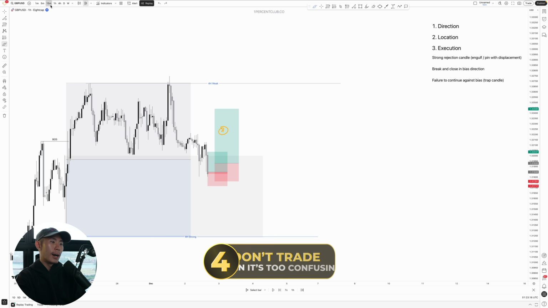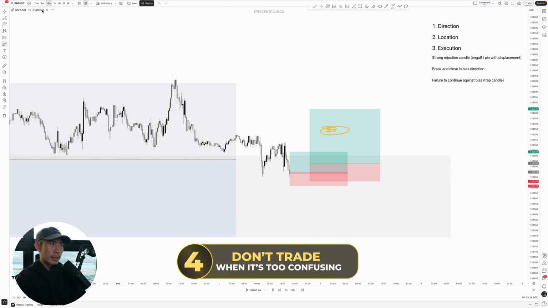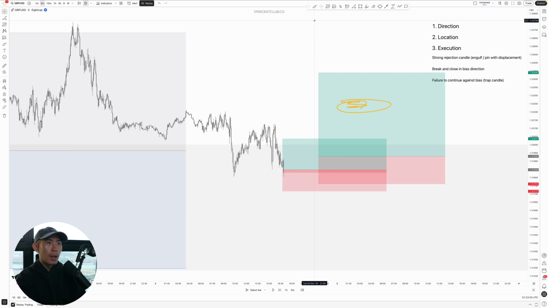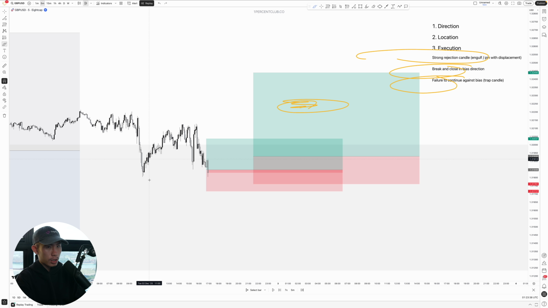And last but not least, I don't take trades where it's too confusing, right? Which means there are a lot of different conflicting biases. For example, I have spotted all of these 3 confluences, but somewhere in my gut says that price is going to continue going down, and the internal structure is showing me that it's heavily bearish right now, maybe because there are a lot of bearish candlesticks just like this. When you have such a conflicting bias, where you don't know whether you should enter for a buy or sell, that's probably a trade that is worth passing on.